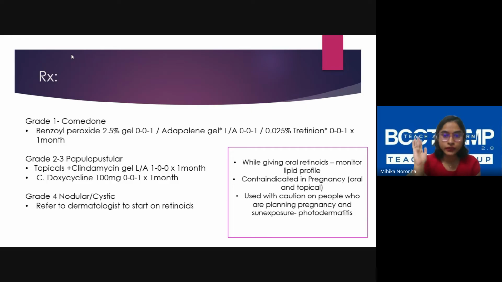The retinoids do have a preventive action. But I personally, in my bond center, used to prefer not to use retinoids. As a dermat, I do use retinoids more, but I'm a little cautious in a rural population because most of them have sun exposure. So they have severe irritant reactions even if they apply it at night. When they go out in the day, they have a lot of skin irritation, and sunscreens become quite unaffordable for this population. So in rural areas, I used to prefer benzoyl peroxide; 2.5 up to 5% is also available.